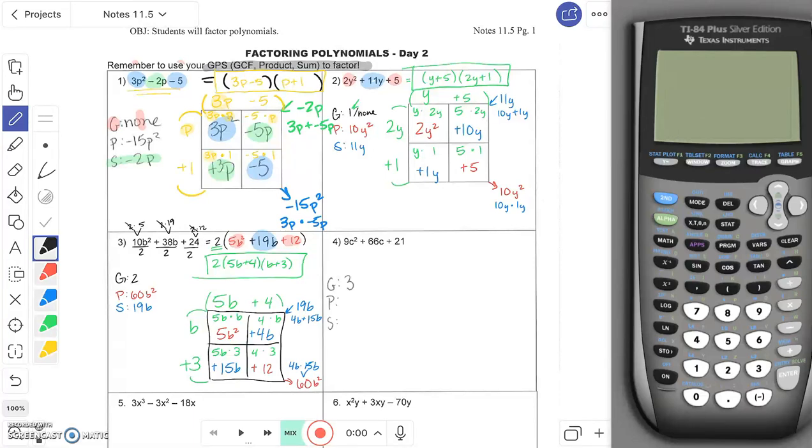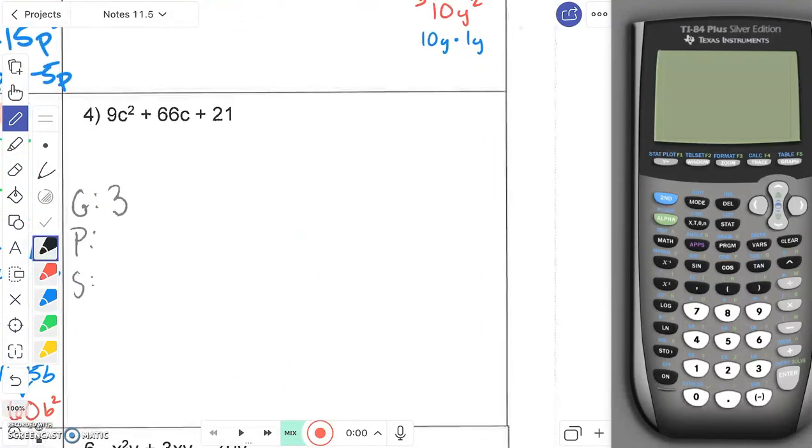All right, this is part 2 of notes 11.5, factoring polynomials day 2, starting with number 4. So number 4 already has our greatest common factor of 3, but let's go ahead and go through how we found that. So if we want to be really fancy on the calculator, we're going to do that double greatest